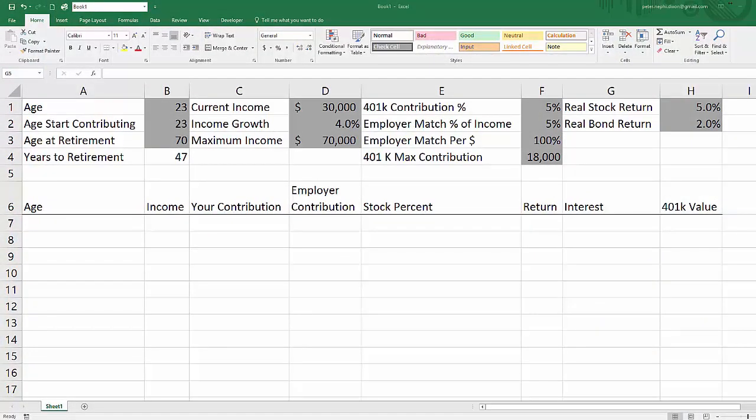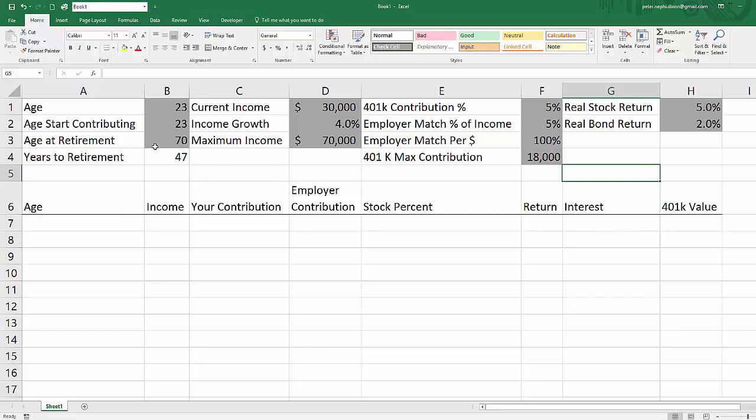In this video, we are going to build a workbook that helps you estimate what the value of your 401k is going to be when you retire for a variety of different assumptions. So to start out, we're going to start with these inputs. And remember, the gray are things that we input into the document, and they're just the assumptions that go into this model. So if you need to, pause the Excel file right now and put all of this in,